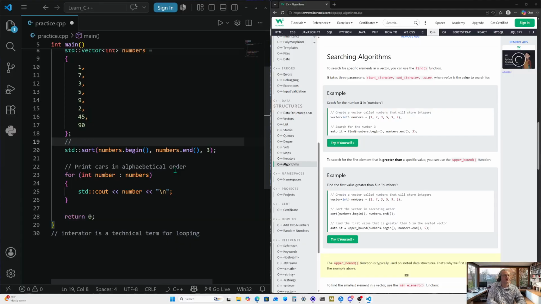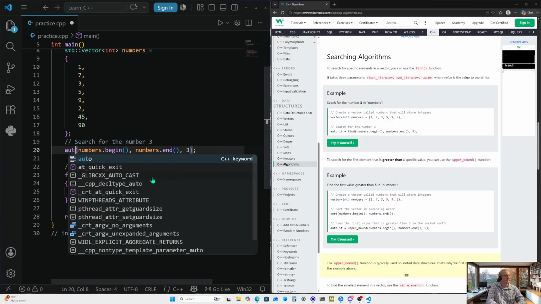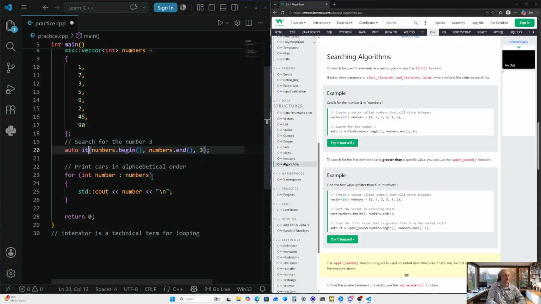The comment shows that we're actually searching for number 3. So if you're searching for a specific car, specific person, specific whatever, this is pretty much how you would do it. You would put whatever you're searching for at the end right here, and then it has standard sort, but in this case we're not sorting, we're finding. So auto it